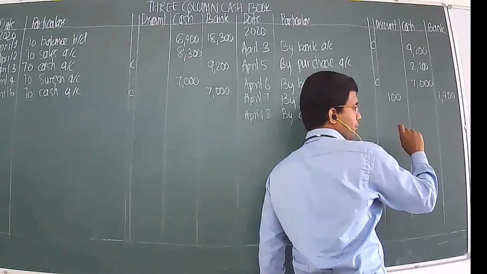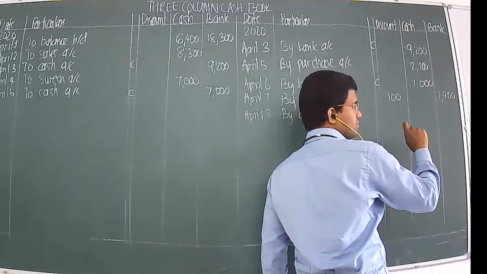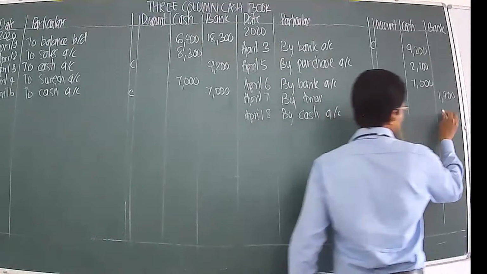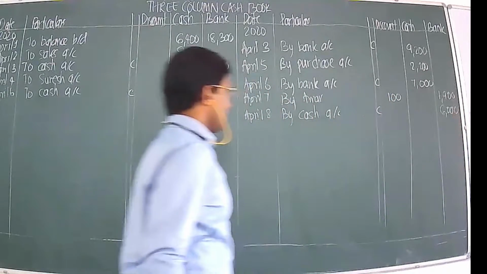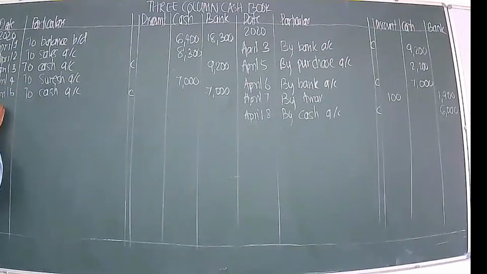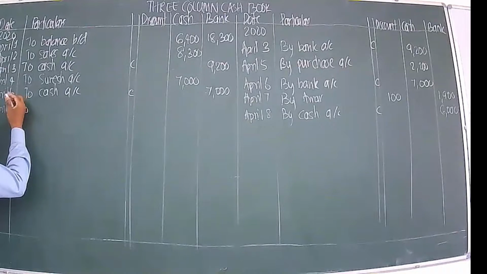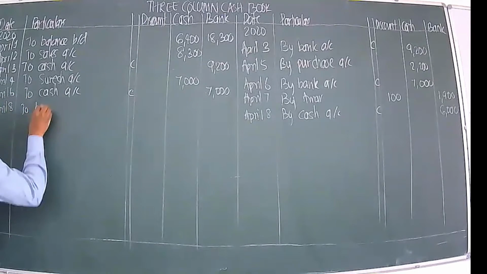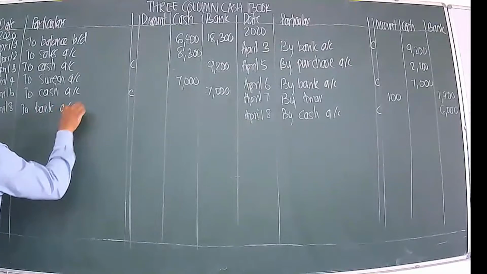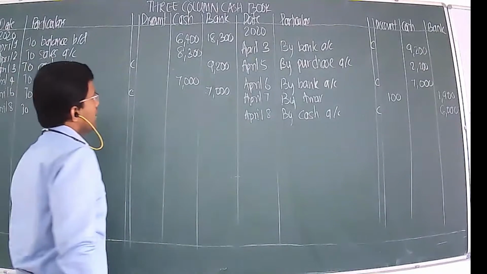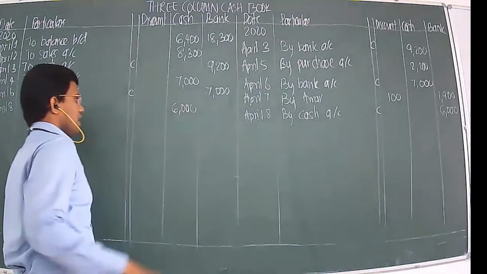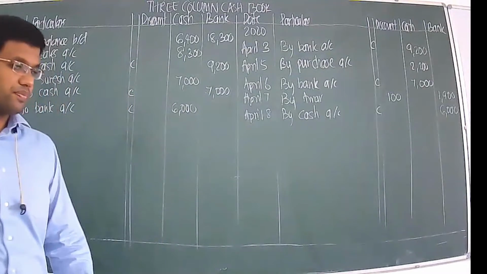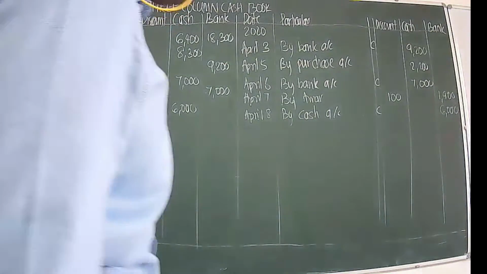Which column will you record the amount? Sir, amount in the bank column. Okay, and the amount is 6,000 you said, right? 6,000, yes. And you said it's a contra entry, right? Yes, sir. Okay, good work. And on the debit side, we will write to bank account. Sorry, sir, to bank account. And amount in the cash column, 6,000. Okay, good work, Divya. Thank you so much. So it was a contra entry.